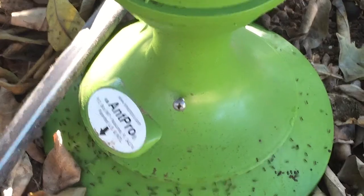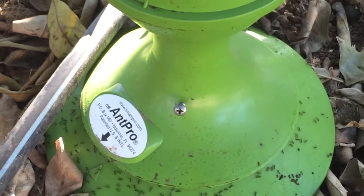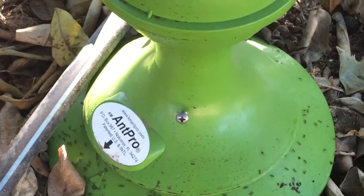You know, most people probably think that in the wintertime, ants basically go dormant or die off, and therefore they don't need to do anything because they're going to be gone in the wintertime. But in the warmer southern states, that's not the case. No, no. In fact,